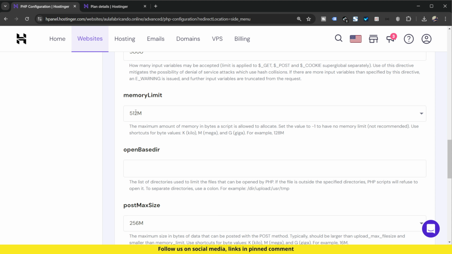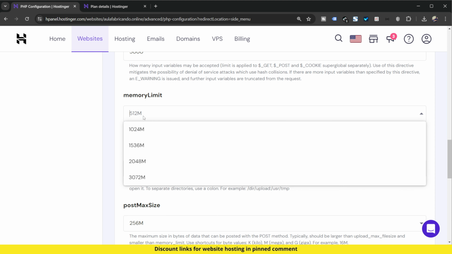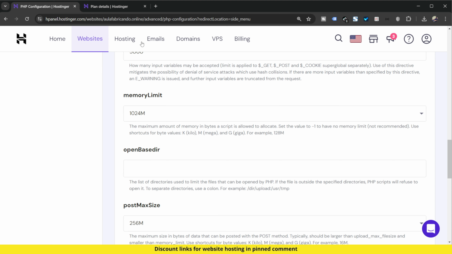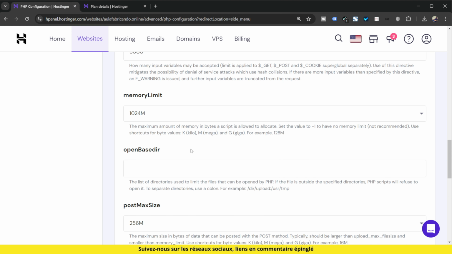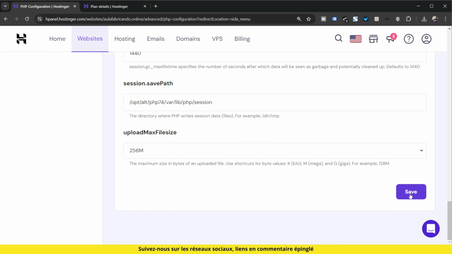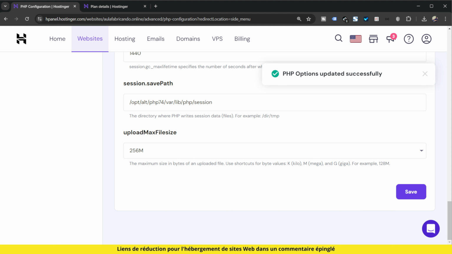You will go down to the option that talks about PHP memory. Here I have it set to 512 megas. I can change it to 1024, keeping in mind that my plan has 3 gigs. Incredible, 3 gigs of RAM. I can change, for example, to 1024, come down here, save, and this step, after a few seconds, can completely